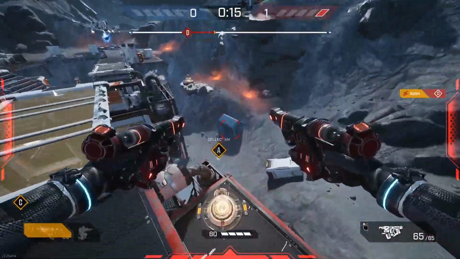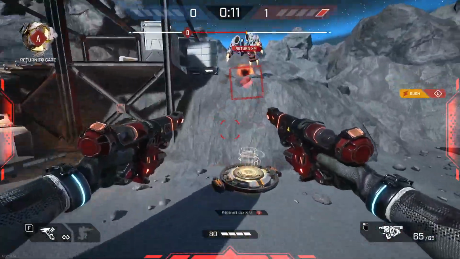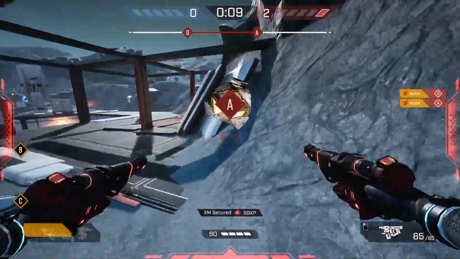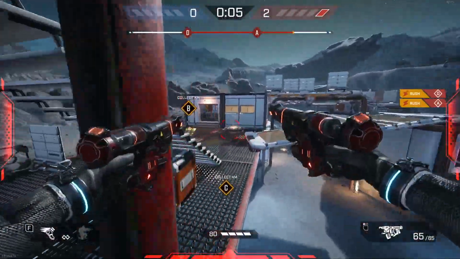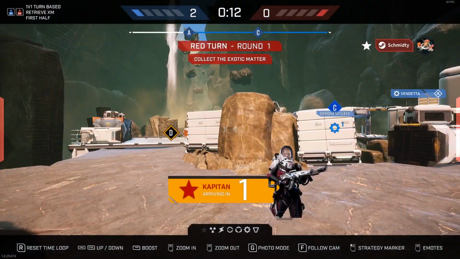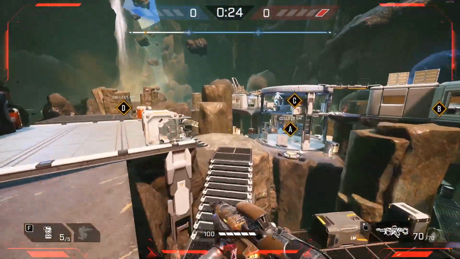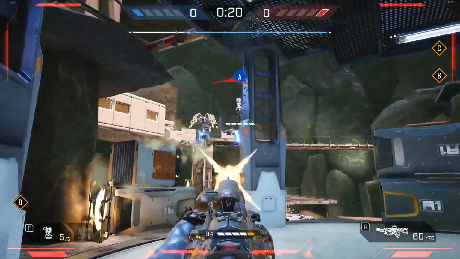Rollouts are just a way for you to go from your spawn straight to an objective as quick as possible by maximizing movement and your abilities as the operatives. It is very important, especially on Retrieve XM game modes, because every little second counts and you want to be as efficient as possible with your movement so that you don't waste time, you don't get stuck on objects, and also you can get the objectives much quicker than your opponents can